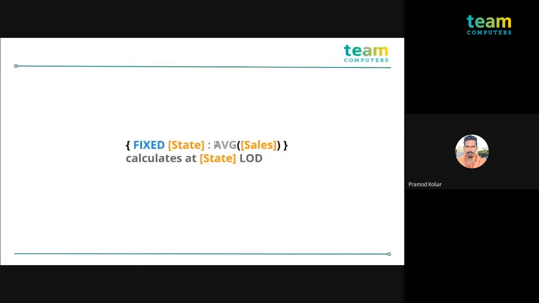In order to do that, you have the fixed expression. This is just an example over here. So I have fixed. You can read this in such a way like for each state, compute the average sales. So this will calculate the sales at the state level of detail expression. So that's how you can customize your granularity of the data, and this will give you the result with respect to each state that you have in your data. And based on that, if you plot this with respect to the region, what the fixed function will do, we will be looking at in the further slides. So that's how the level of detail expression works.